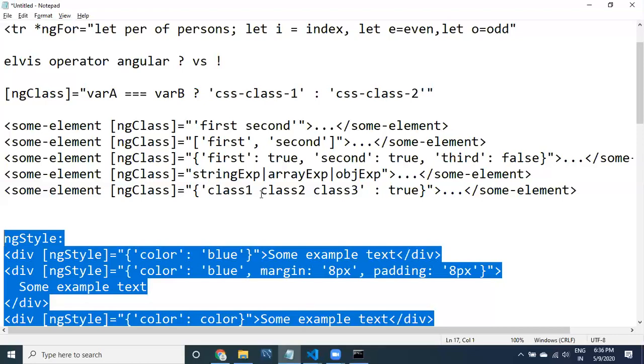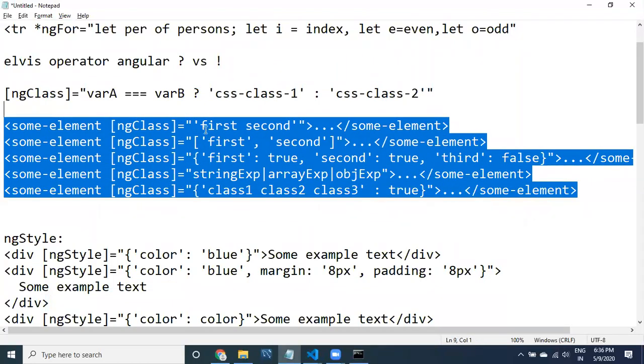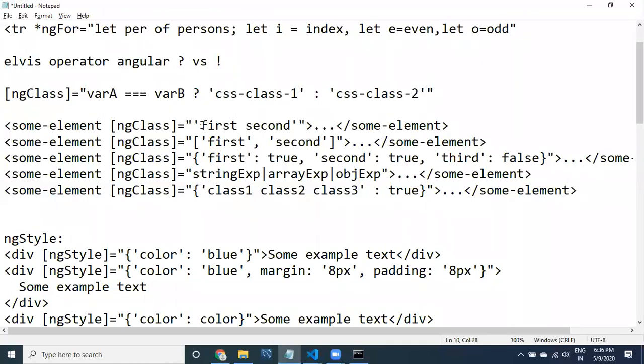You don't need to create the classes because we have so many classes from Bootstrap. You can use classes from Bootstrap, or if you want to define your own class, definitely you can create your own class and test it.